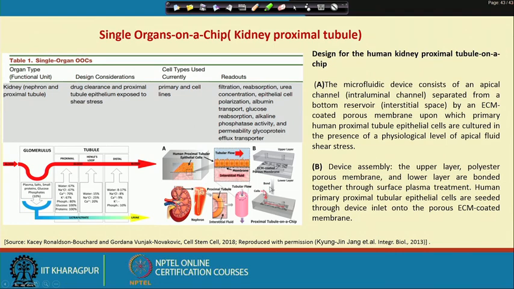If we give this fluid in this microfluidic chamber, then it is observed that the epithelial cells are polarized, apical and basal, and they express their functional transport proteins. So, in the experiments all types of epithelial cells are generated, and they are used to mimic the whole tubular structure at the level of the proximal tubule, Henle loop and distal sides. So, totally the filtration structure of the kidney could be mimicked.